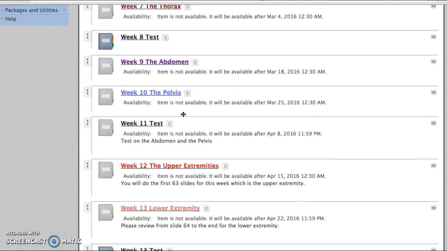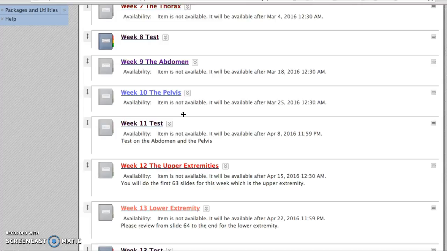In week 9, we go into the abdomen. And the abdomen, for some reason, really hangs up all of you. For me, I think it's because I've been doing it for so long that a kidney looks like a kidney. So I think you guys just look at everything backwards, so it makes it a little more confusing for the spleen versus the liver. So I'll go through the abdomen in pretty good detail for you,